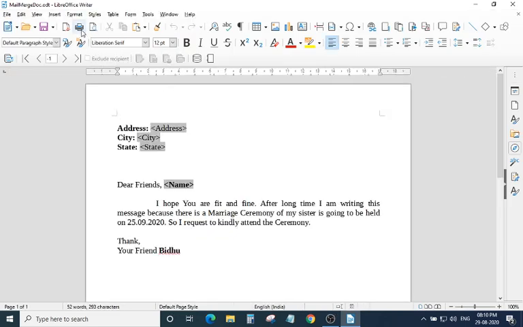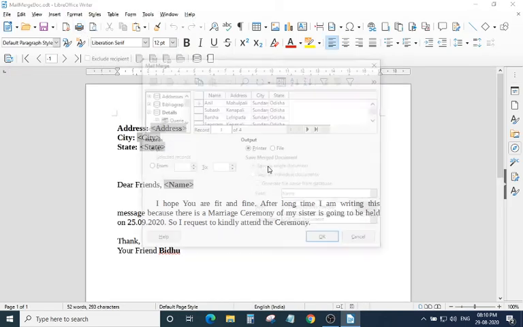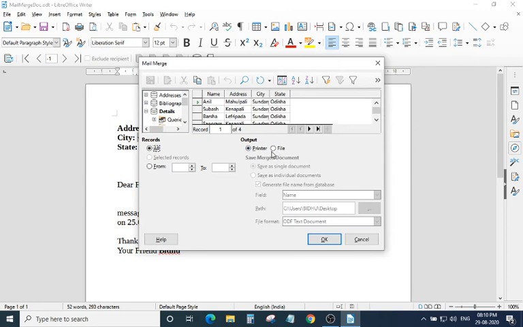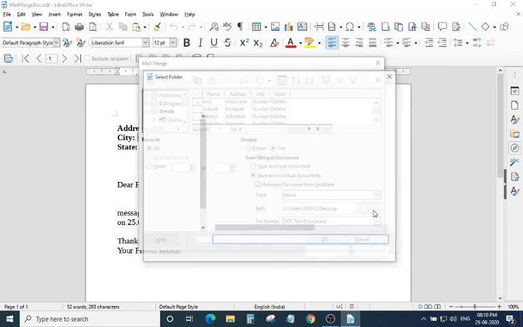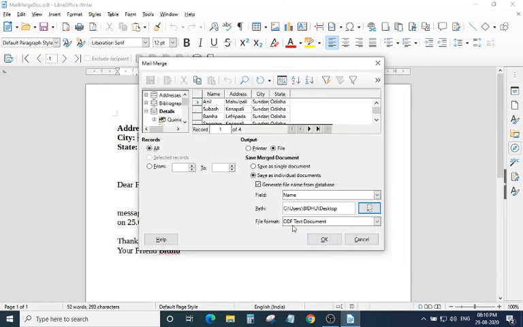So what I have to do? I have to click on OK, then click on yes, then choose this file, then select the second option, save individual. Then I have to choose the path, then desktop, select, then OK. Understood?